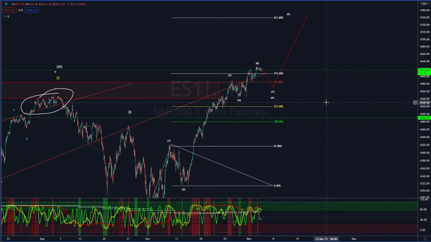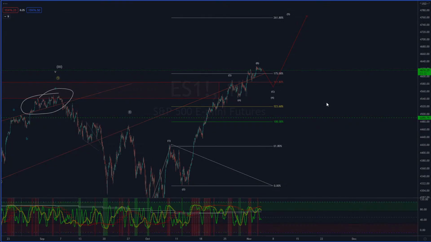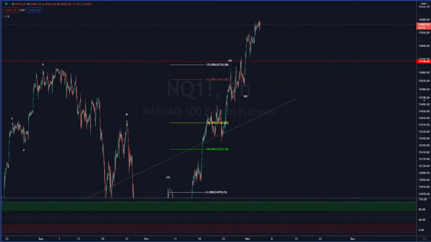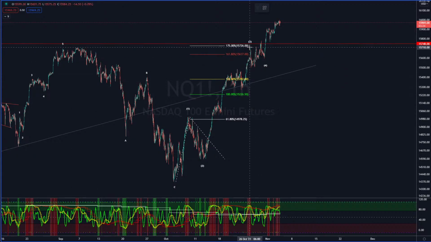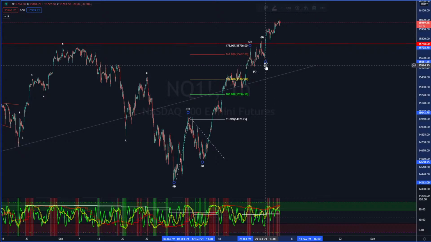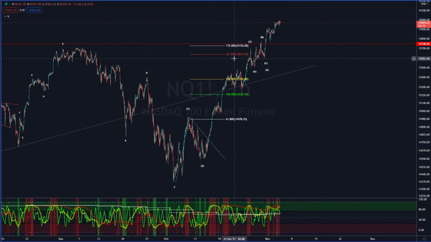Okay, let's take a look at Nasdaq. Nasdaq has been doing, honestly, fantastic. And this is one where we have seen a little bit of a correction like we were just talking about, where we have a nice A, B, C. So we've already gotten that, in my opinion, on Nasdaq. We had a push up between the 1618 and the 175. Again, very similar. It looks like we have an ABC here.